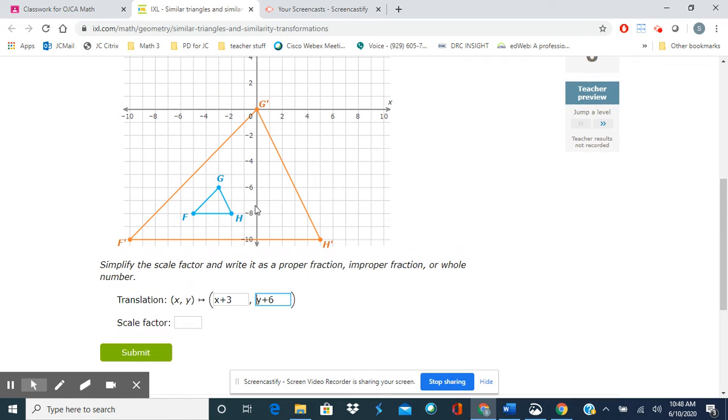So our scale factor, think about our g and our g. We can't use that one because it's on our origin, right? So we're going to use h instead. We have -2 and we have 5 for our x. Is that going to easily be a scale factor? No. But you can have an improper fraction. So you can do -2 over 5, or 2 over 5,